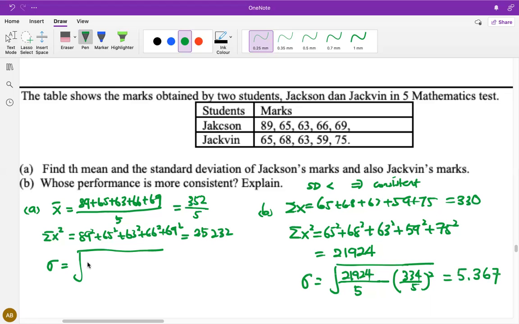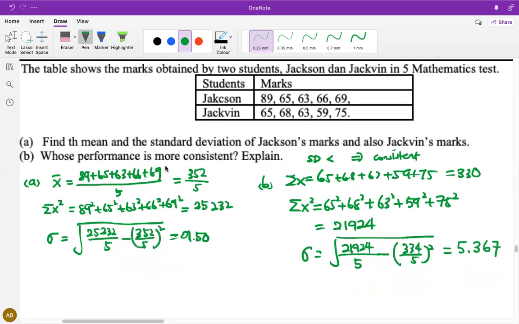So you put in here minus 352 over 5 square. So you get 9.50. Okay, so you can see here